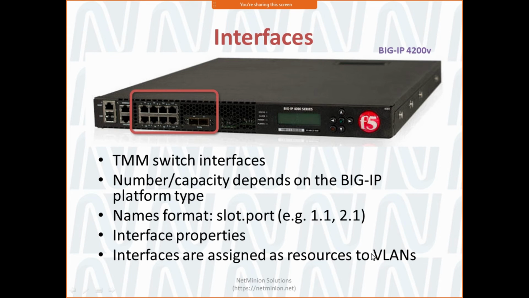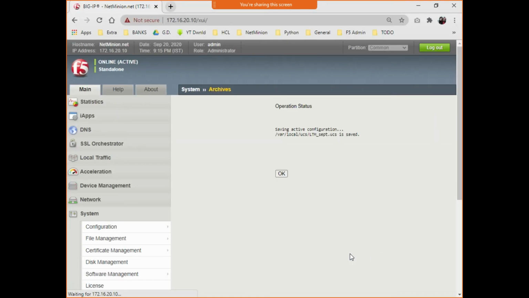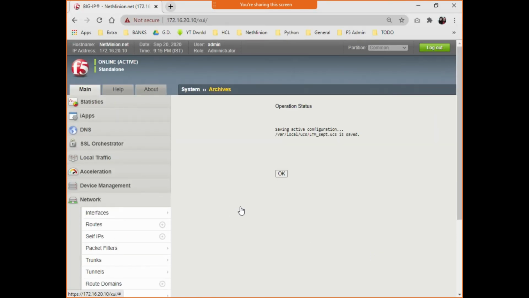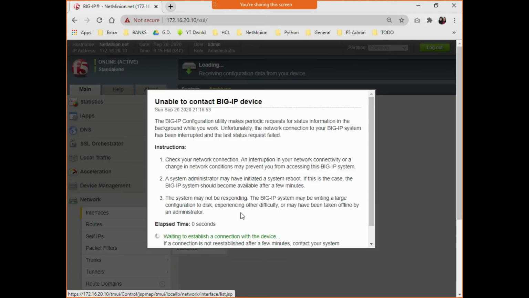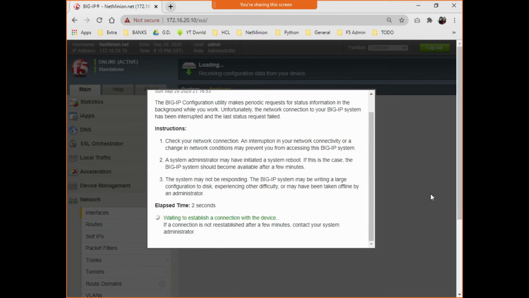So once you configure these kinds of properties on the interface, you can configure several other features also on the interfaces. Maybe we will be checking them later on when we cover our subsequent classes. So let me show you quickly over the GUI also. Going to Network, going to Interfaces.